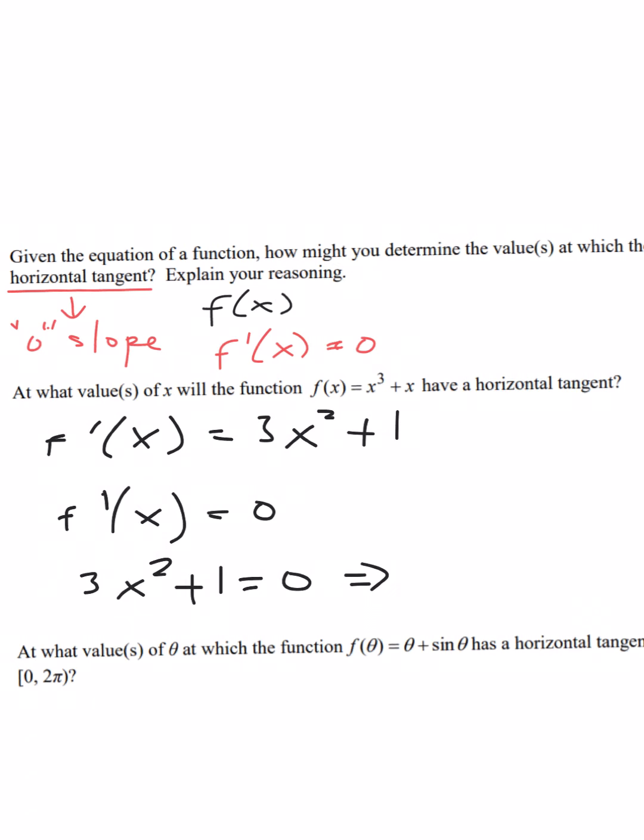And if I solve for x, I will actually get i times the square root of 1/3. So basically, this function does not have any real zeros for x because it never crosses the x-axis. If I were to take a look at this function on a graph, it would look something like this, where it basically has a y-intercept at 1,